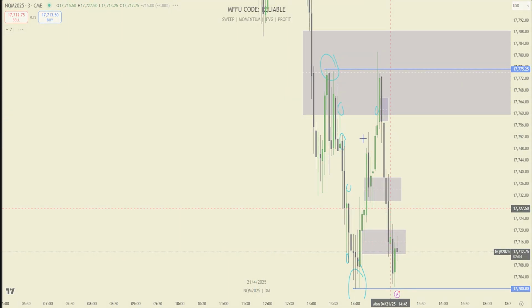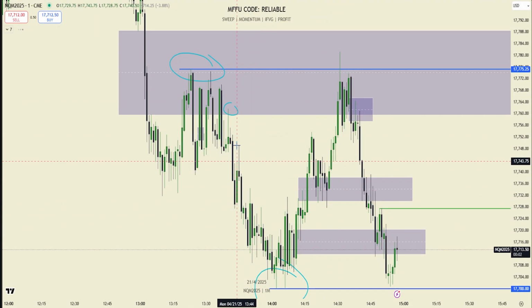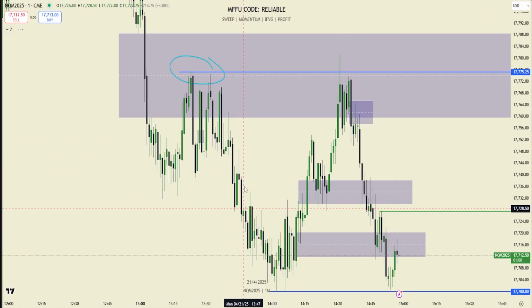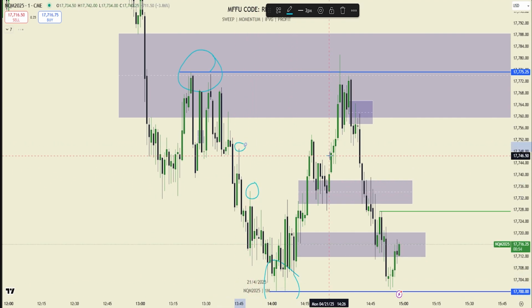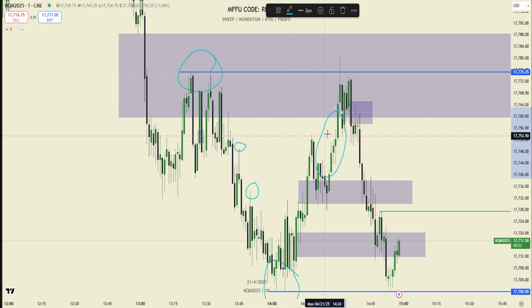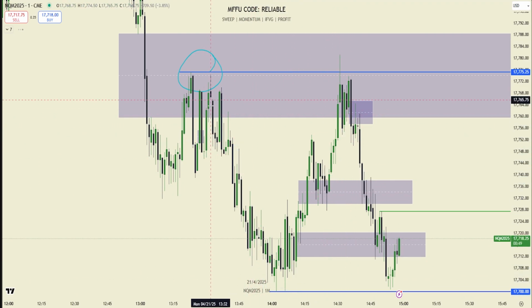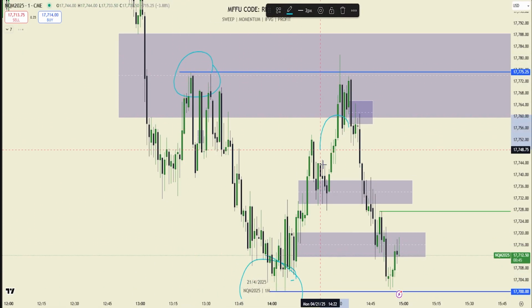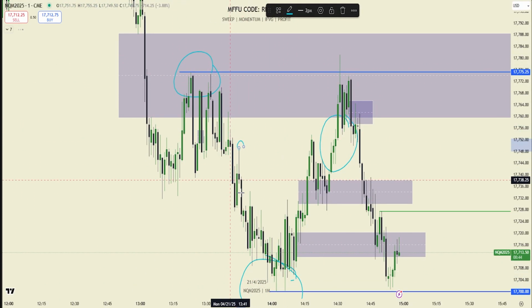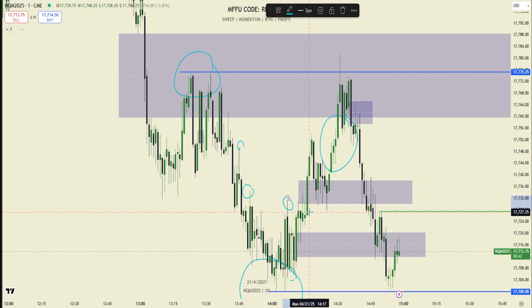It's just places where stop losses are placed, right? This is where a lot of stop losses are placed. This is where a little stop losses are placed. Or orders in general. I should just say orders, not stop losses. So we have orders here, a lot of orders. We have a lot of orders here. Then we have a little bit of orders here. Then we have little orders, little orders, little orders. You get the idea.